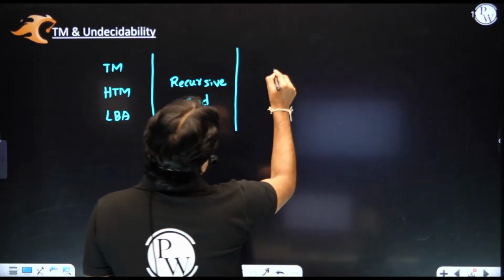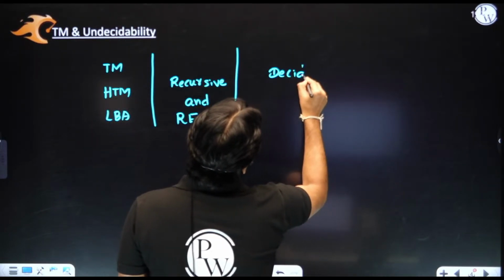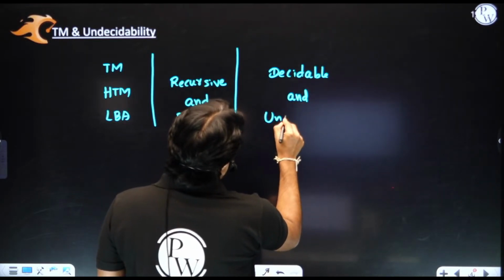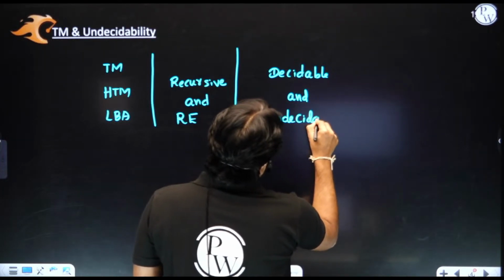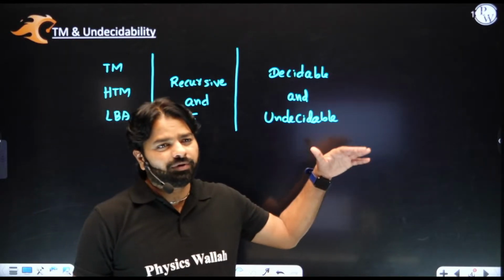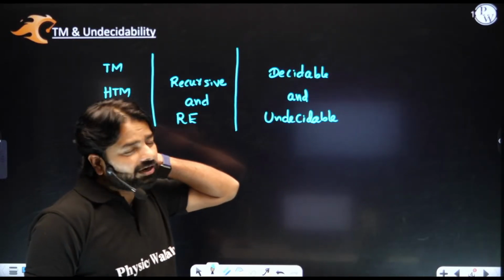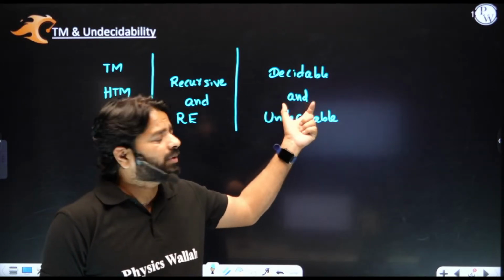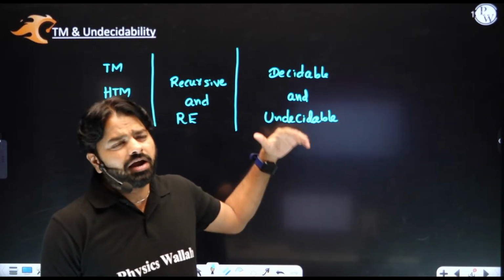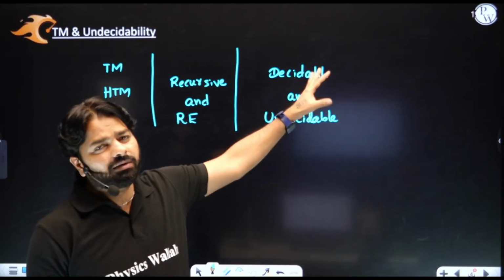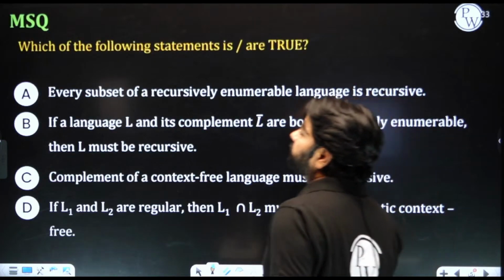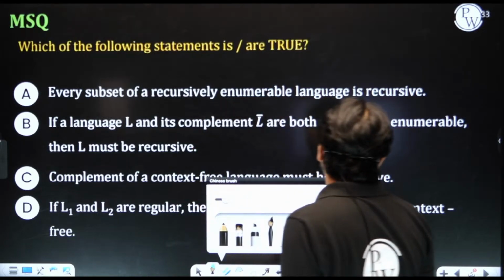Now when it comes to decidable and undecidable problems, we have seen some decision properties table. There you have 8 problems for every category, like for finite, for PDA and so on. What kind of problems we have studied there? Halting, membership, emptiness, finiteness, totality, equivalence, disjoint, set containment, and various problems we have studied in the decidable and undecidability chapter. Okay, let's start with the first question which you have seen in the PYQs, that is,